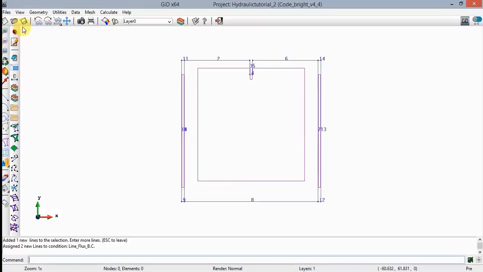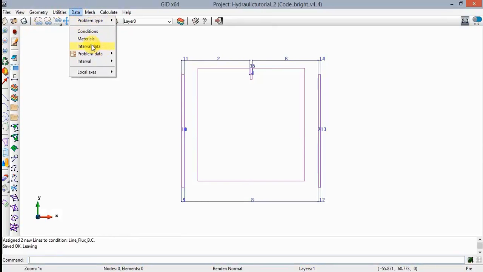In simulations where transitory problems may occur or changes of boundary conditions take place with time, it's necessary to define several time intervals. In this particular problem, we have defined two intervals which comprise all the data entered until now, including the defined problem data, material, and conditions. Now select Data, Interval Data,